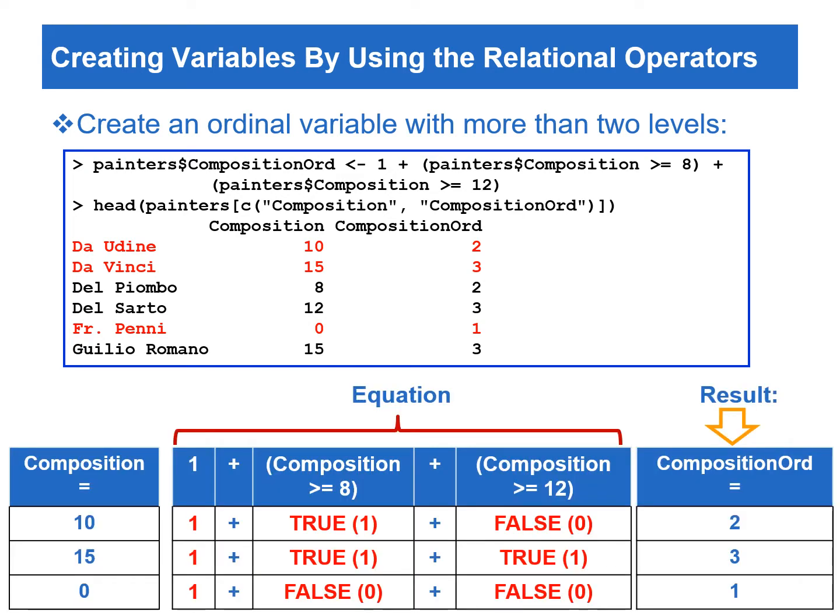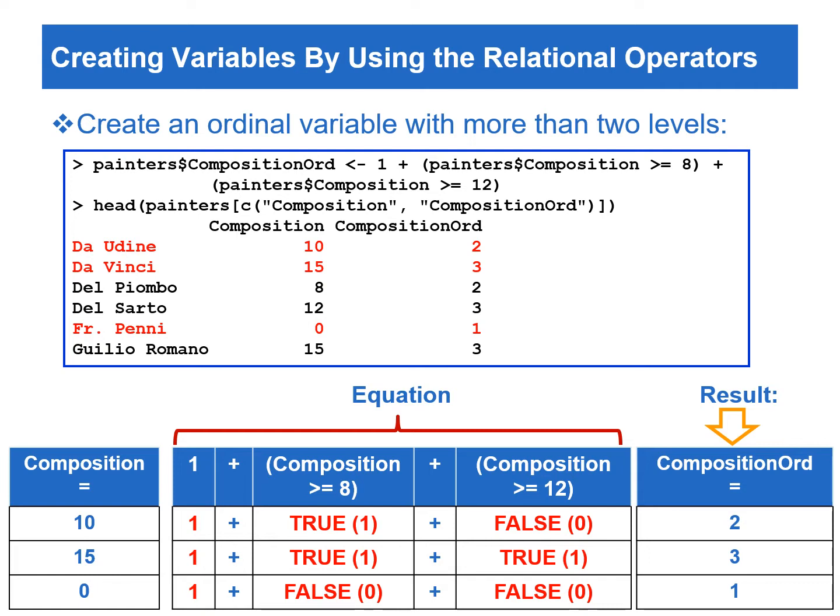If you are not very clear about how this statement creates the ordinal variable, you can examine the bottom table closely. Remember, the result from a comparison is either true or false. During the calculation, true becomes 1, and false becomes 0. There are 3 components in the assignment statement. The first element is 1, the second component is comparing composition with 8, and the last component is comparing composition